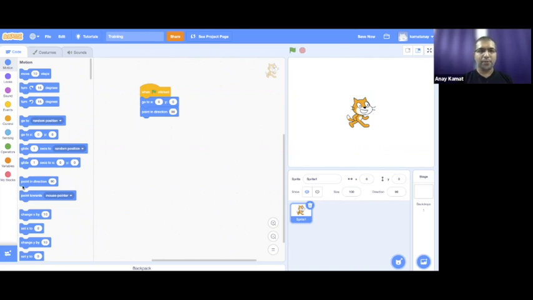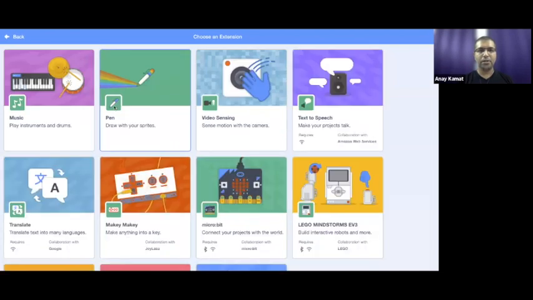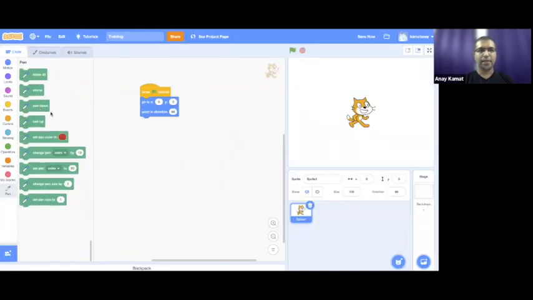Going forward, in case you are using pen, there is something to be careful about. For example, there may have been a pen down which might have occurred earlier. And whenever we click the flag button, it may move, but it will move with the line drawn from that point. So you can see something like this. That is not what we want. So whenever it starts, we would like to erase everything. So let's put erase all.